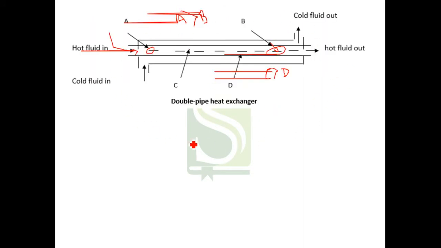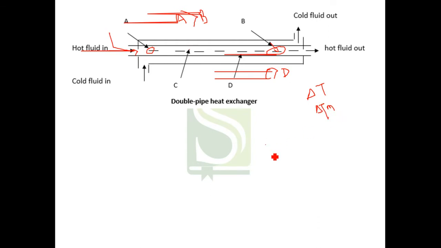So now if you see this example, is the temperature drop constant over all this length? The answer is no. Here the temperature is more, here the temperature is less. Here the temperature is more, here the temperature is less. So as the temperature drop is not constant, we cannot directly use delta T. If we use delta T for these two points, then the answer will be different, and if we use delta T for these other two points, then the answer will be different. And hence we don't use delta T, but we calculate the mean for this system, and we use